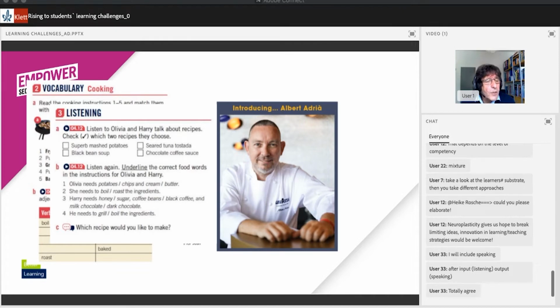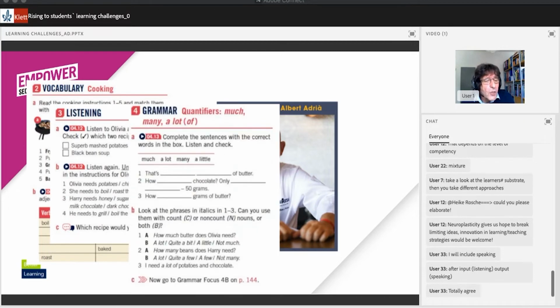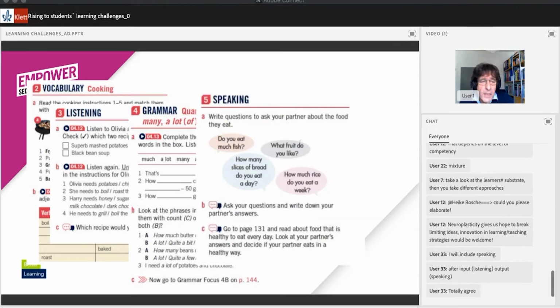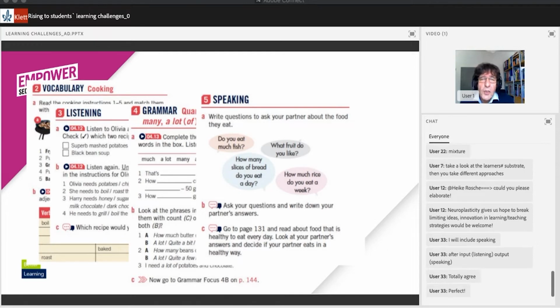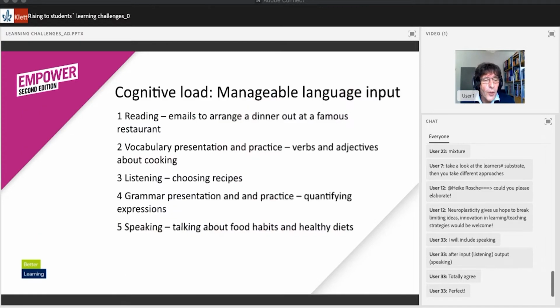Then there's listening, where students, again not very long listening, talk about recipes. They recycle the vocabulary, and this introduces the grammar, which is then focused on, again not too much grammar: much, many, a lot of, especially how much and how many. And then this leads on to a speaking activity, where students ask each other questions about the food they eat,